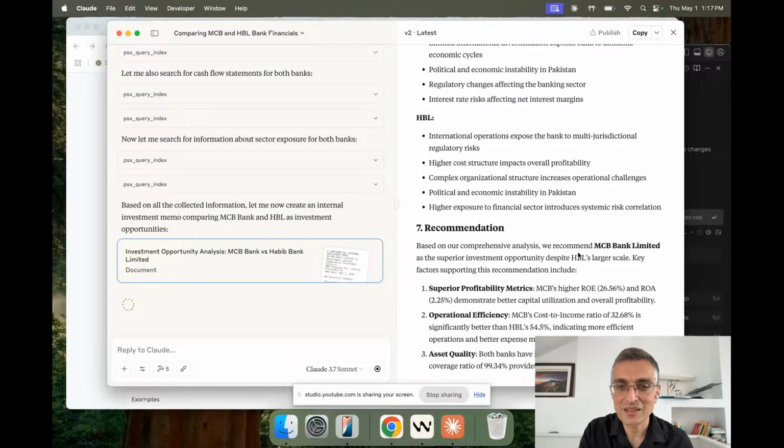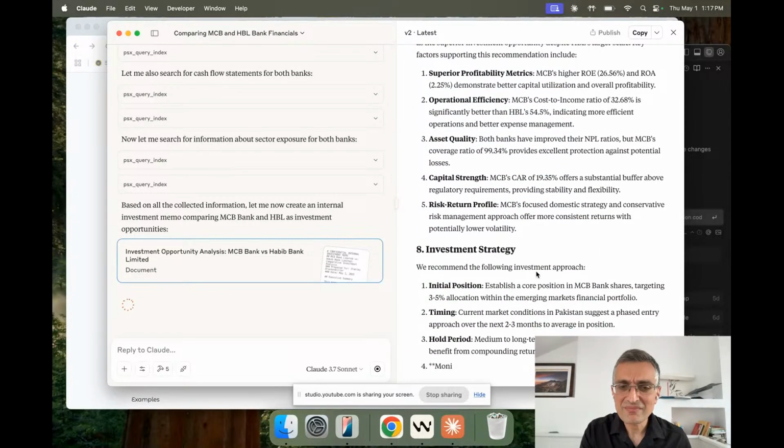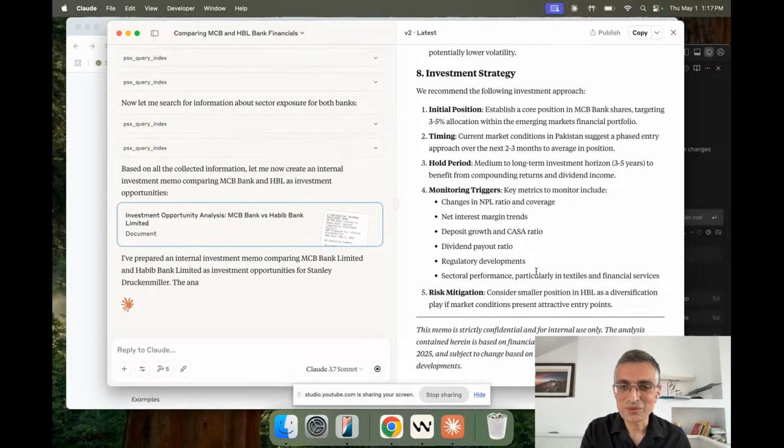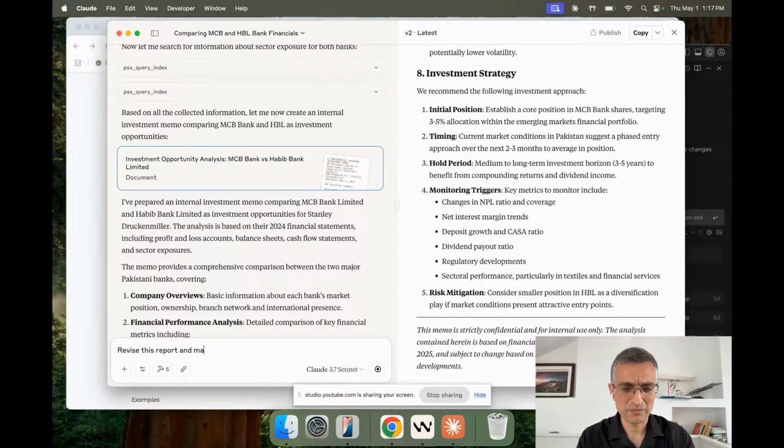Okay, sure. It likes MCB more than HPL. It didn't really get into what kind of stuff Stanley Druckenmiller likes to see. Okay, I'm going to revise this report and make some tables as well of key financials,